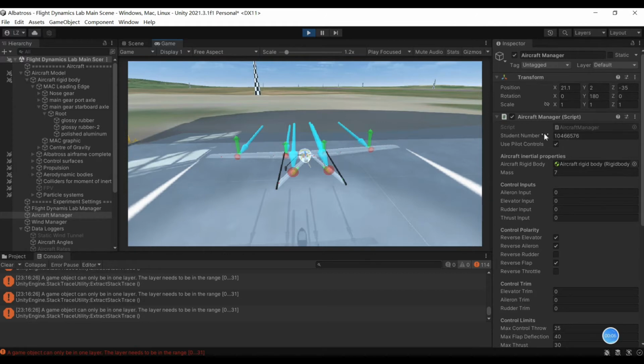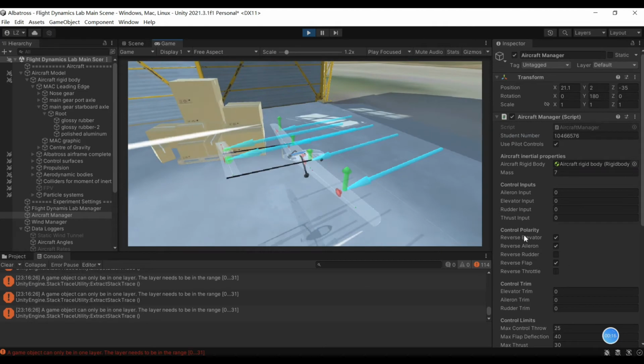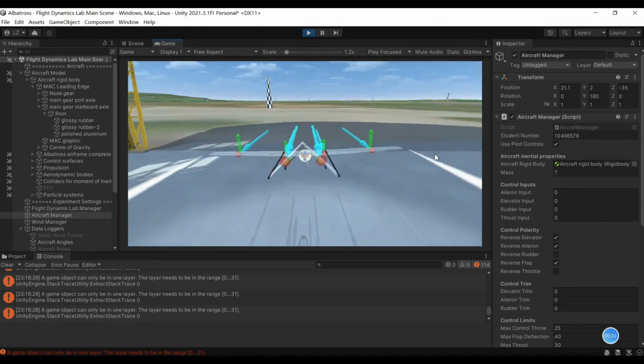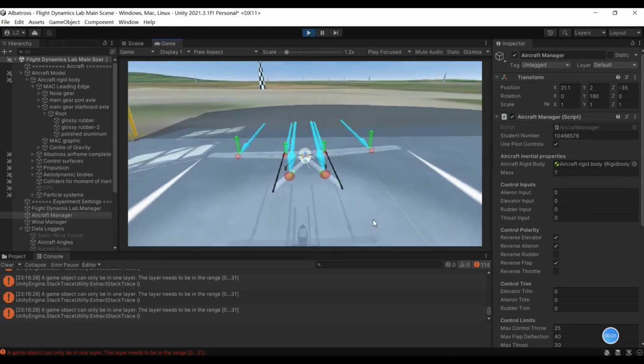And if we enter the student ID here, we get an aircraft which is not functioning well. Some of the control systems might be inverted. For example, here the elevator, aileron, and the flaps are inverted. And then here we can adjust them. For example, if we deselect the